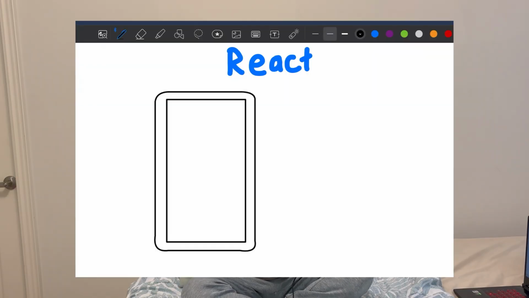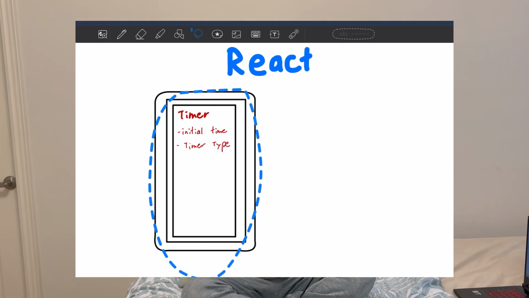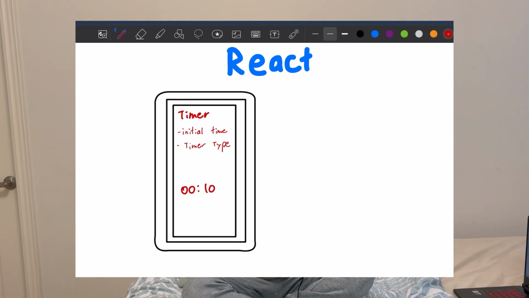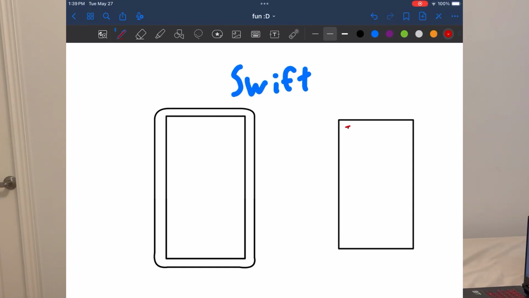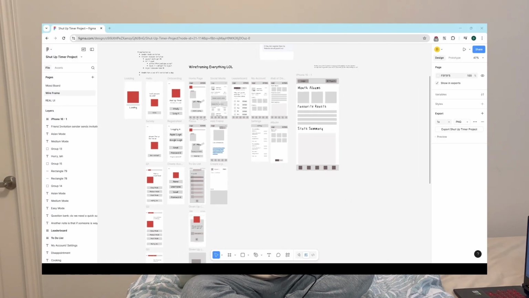Now, I thought I'd be able to get around this problem really easily. In React, if I was in the home view, what I could do was I could prepare a timer view by setting the initial amount of time and the timer type. Then all I had to do was move the timer view onto the user screen. Very clean, very simple. It turns out in Swift, you're not allowed to store views. And as such, you can't actually prepare a timer view because there's nowhere to store it. For 2 pages, it's pretty easy to get around that. There's many one-off strategies. But when you have 25 screens, potentially more, well, things start to get really finicky.